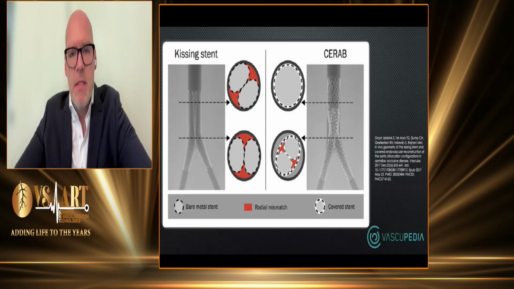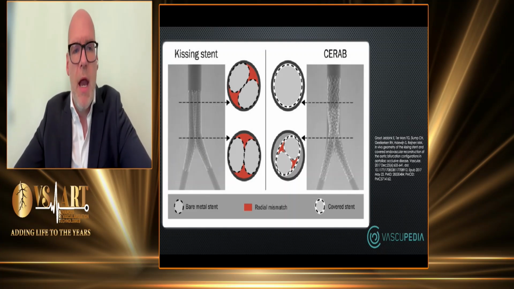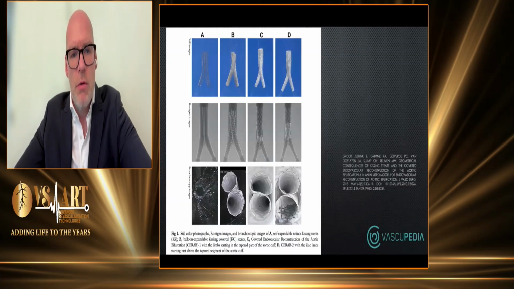And with the CERAB system, you see that there's not this radial mismatch for this kind of thrombus building. That is the reason why we use the CERAB system in the bifurcation area when we treat with normal bare metal stents or covered stents. So this one here is compared to the normal stent on the right side, called A, the normal kissing stent,